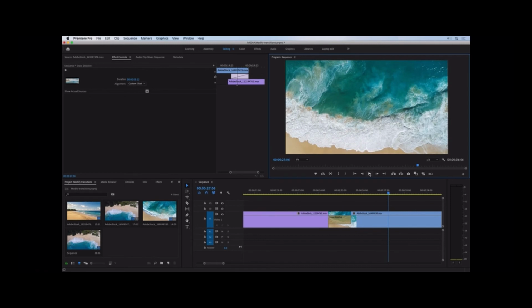That, of course, looks absolutely fine, and you may find that having no handle at the beginning or end of one clip causes no problems at all. Of course, if you have no handles, there really isn't anything you can make a transition with. I'm going to adjust the duration of this transition effect a little bit to make it shorter,